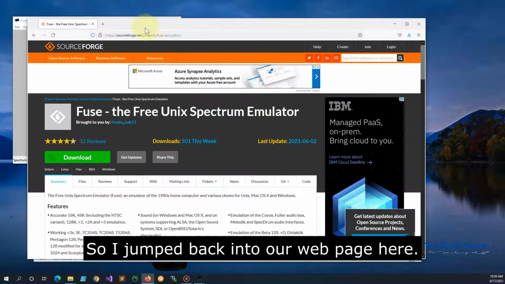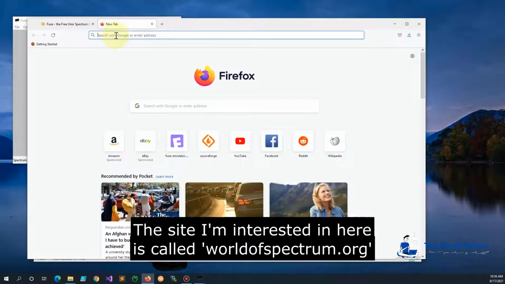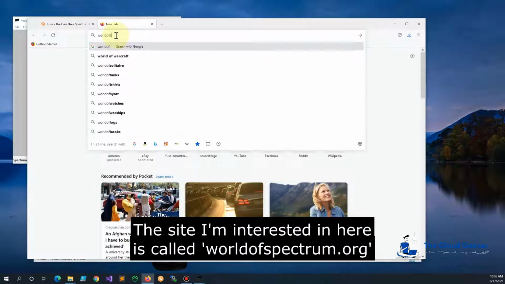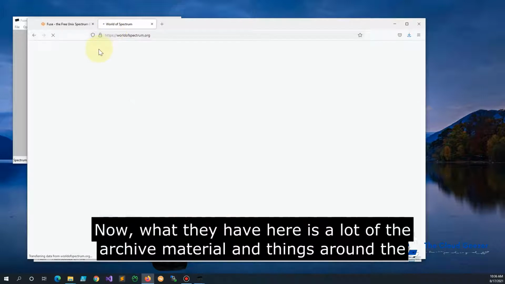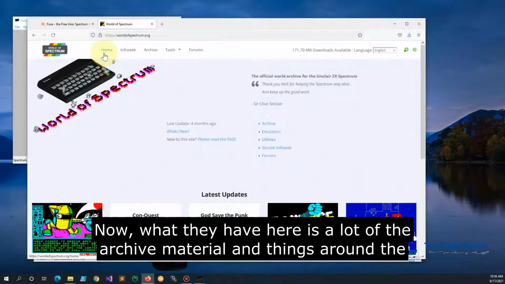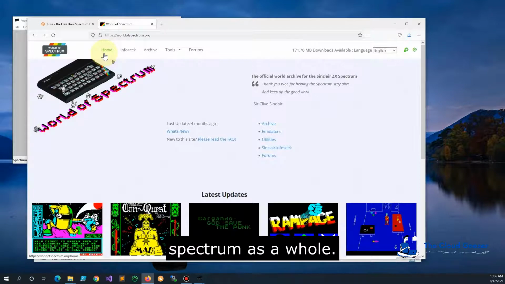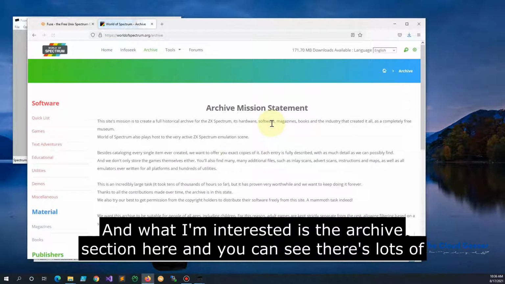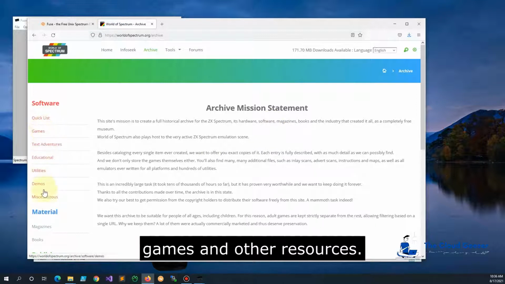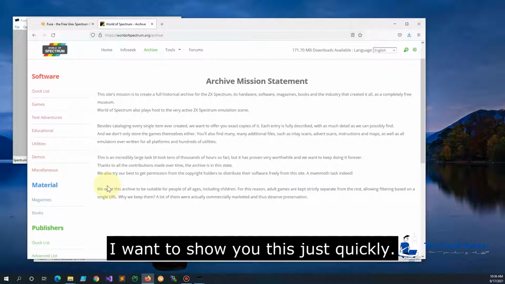So we jump back into our web page here. The site I'm interested in here is called worldofspectrum.org. Now what they have here is a lot of the archive material and things around the Spectrum as a whole, and what I'm interested in is the archive section here, and you can see there's lots of games and other resources. It does have, and I want to show you this just quickly,